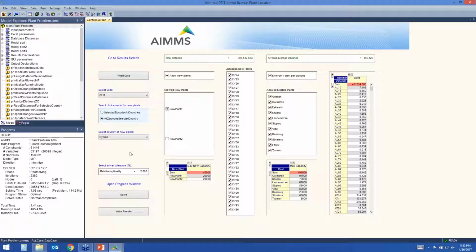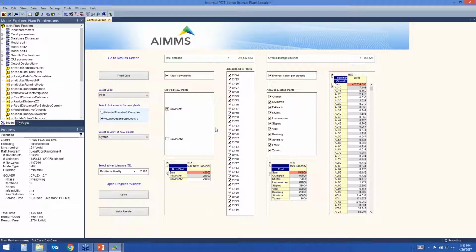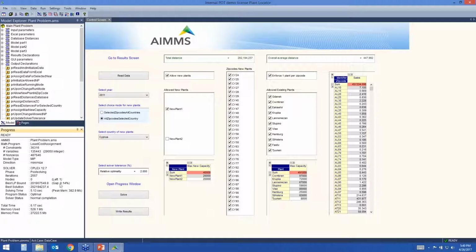So if we choose a European country, in that country we have a number of potential locations, and in this case we can then resolve the problem where a new plant will be located in Cyprus. Solving the problem results now in different total distance traveled and also